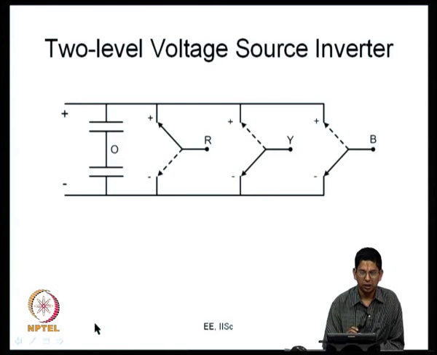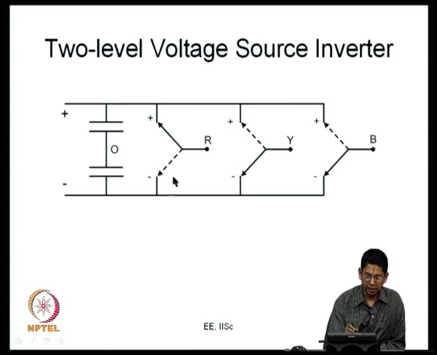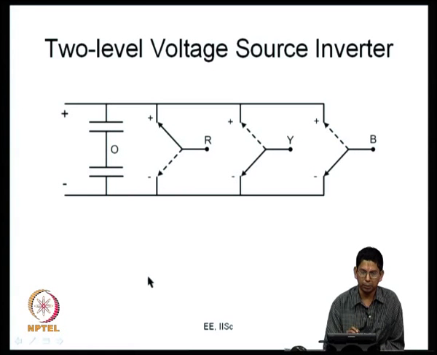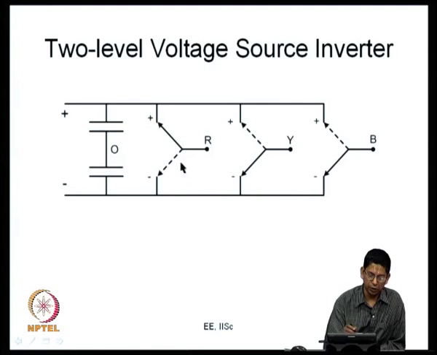This inverter switches at a certain frequency. At what frequency is by and large decided by the power rating and the nature of the devices that you have here. Sometimes these devices can switch at very high frequencies. If you consider certain MOSFET inverters, they might be able to switch at several hundreds of kilohertz. So, it depends on what the device is.